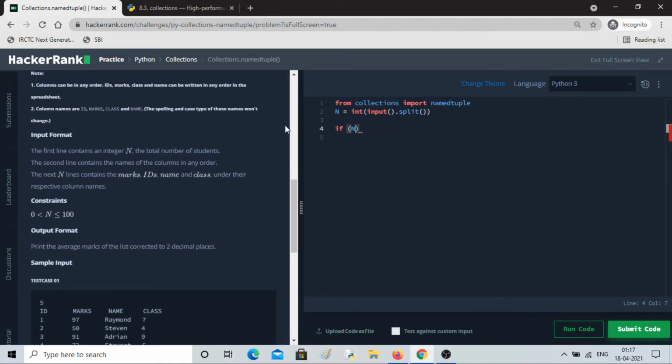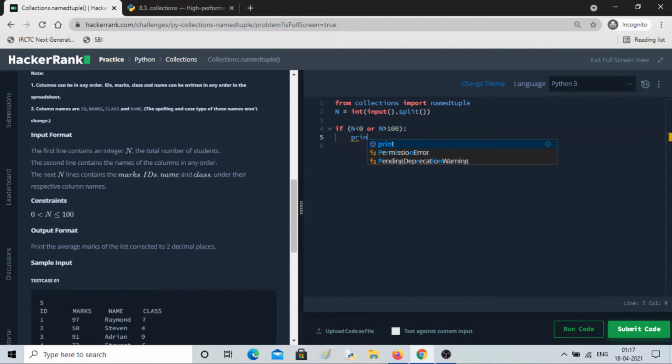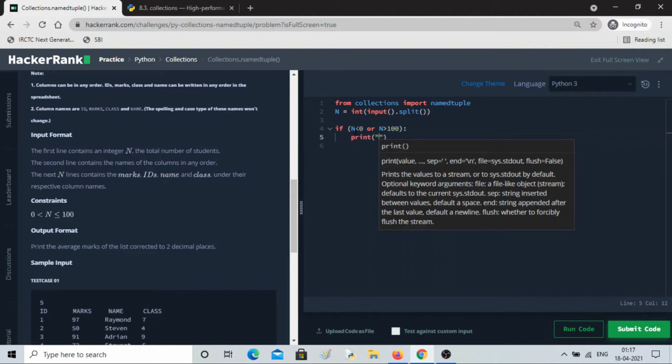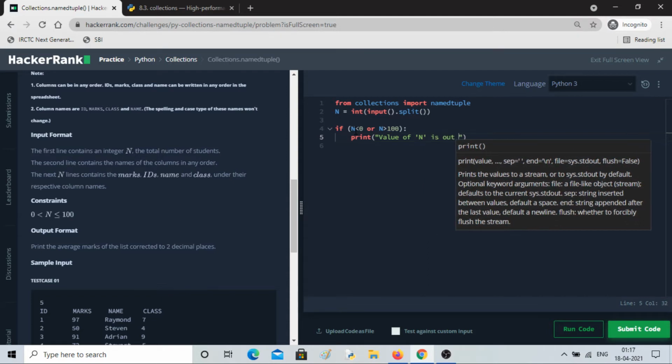Our constraint is that n should be between 0 and 100, right? So if n is less than 0 or n is greater than 100, then we have to print "value of n is out of range".